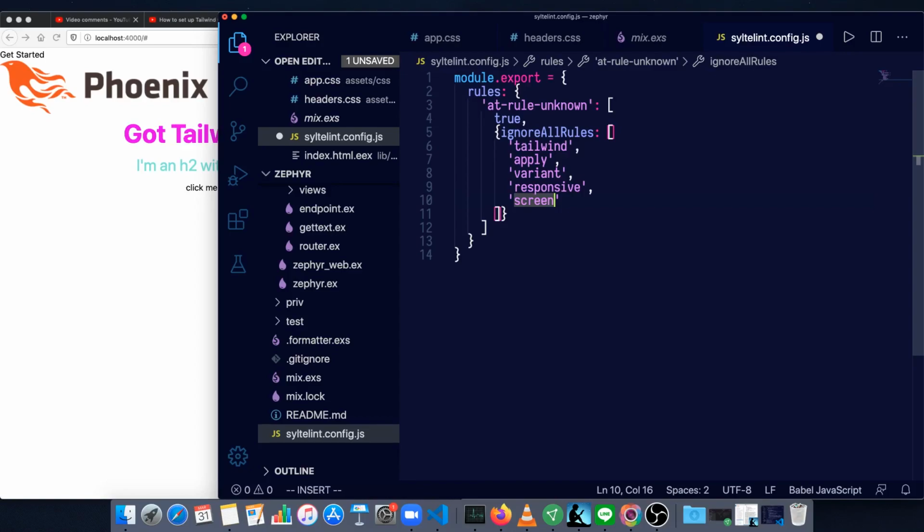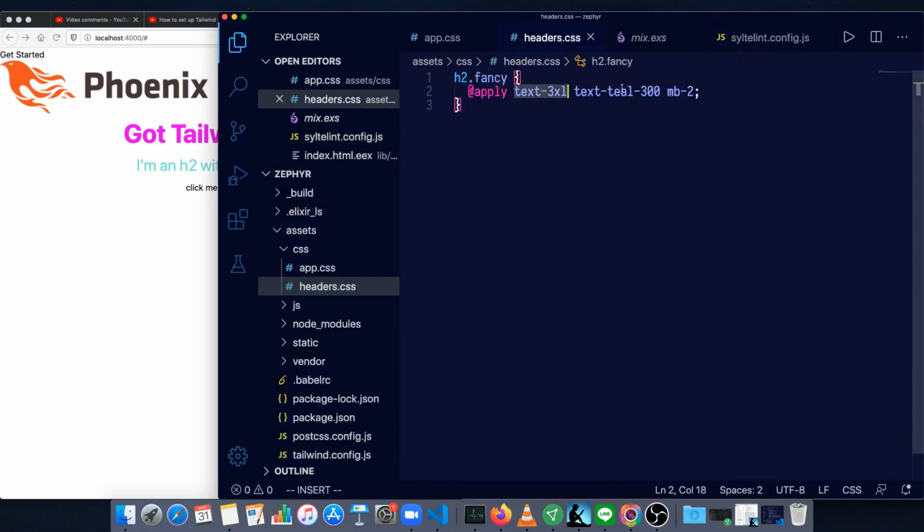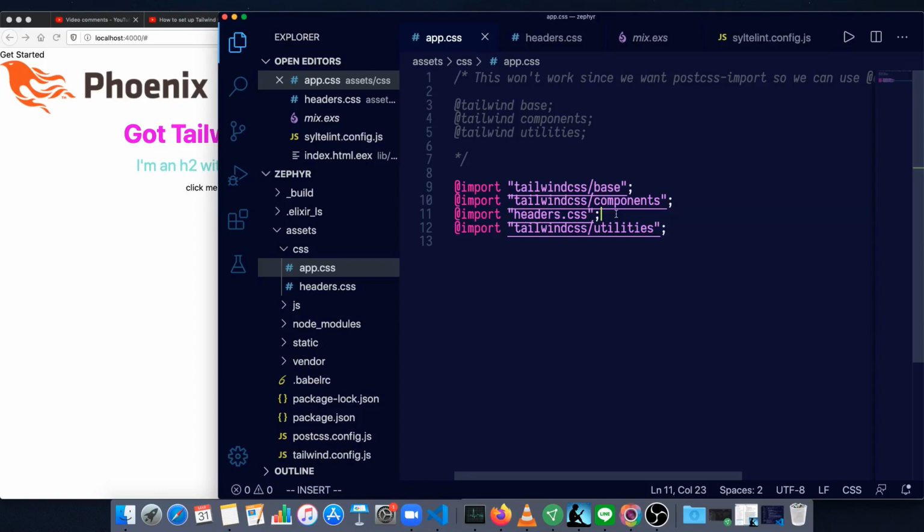If we hit an error anywhere else, we know what file to add it to. Save this, and now when we go back to our headers CSS, there are no errors. Now let's create one for buttons. So import buttons.css,